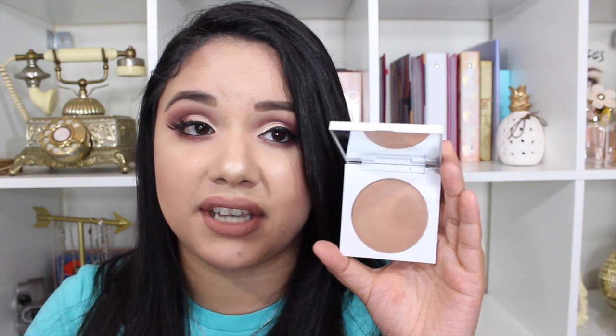If you don't have one of those Z palettes or magnetic palettes from Colourpop themselves, you can get the compact. And even the compact, the quality is really nice, and it comes with a really nice mirror too. I would definitely recommend the bronzers. And once again, I love that Colourpop gives such a great color selection for so many different skin tones, so I was able to have choices as to what I think would be best for me, and they do swatches for you so you can get a better